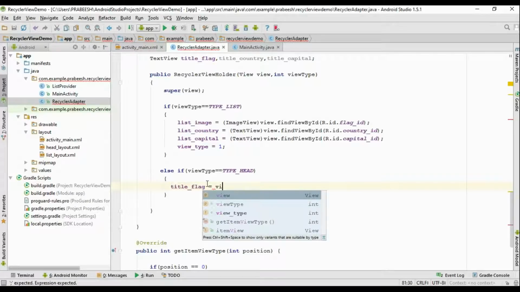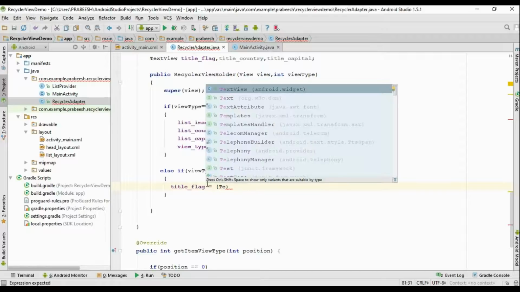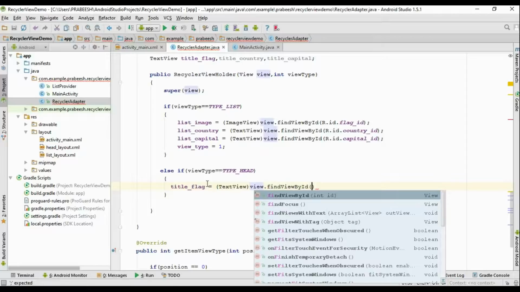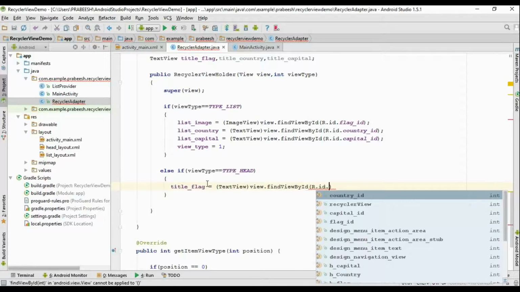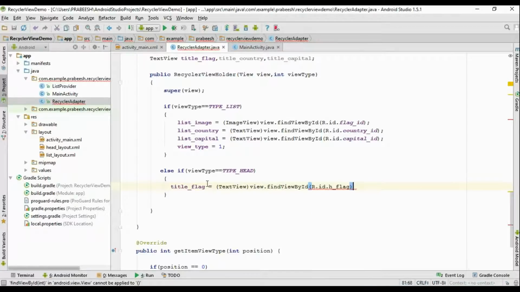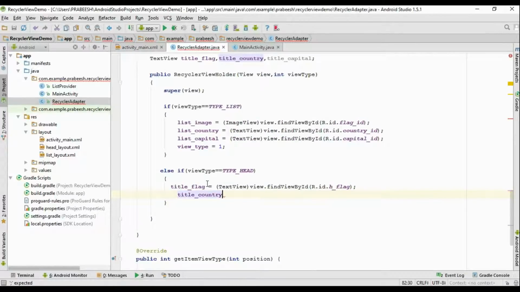So title flag equal to, it is a text view, typecast this one into text view. View dot find view by id, r dot id dot h flag. Now the second text view, title country equal to,